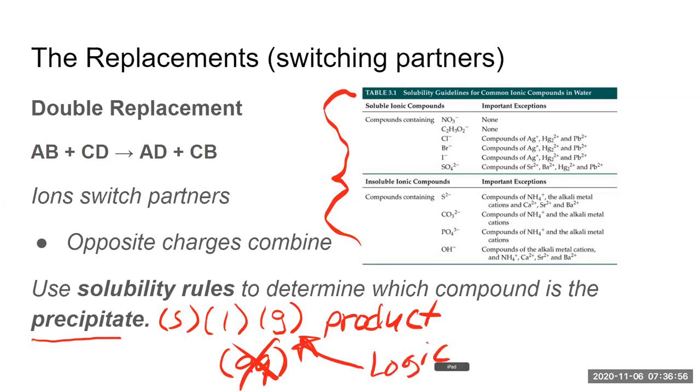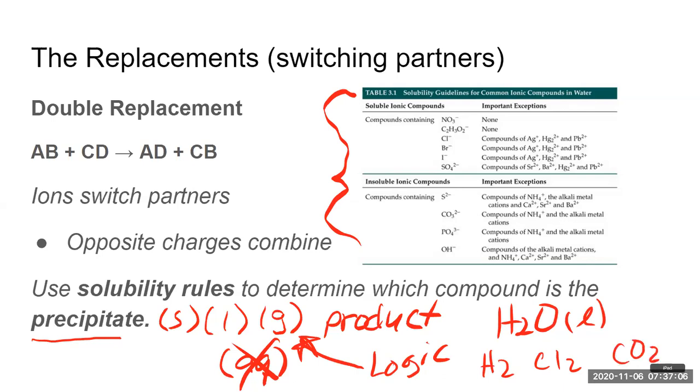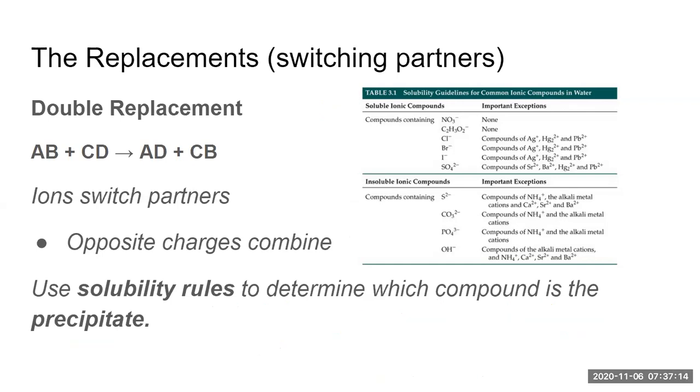So for instance, water is always a liquid, right? And then we have our gases like H2, Cl2, carbon dioxide. Those are all of our gases. So you don't have to consult a solubility rules chart for them because they're not ionic compounds. So let's put some of these into practice